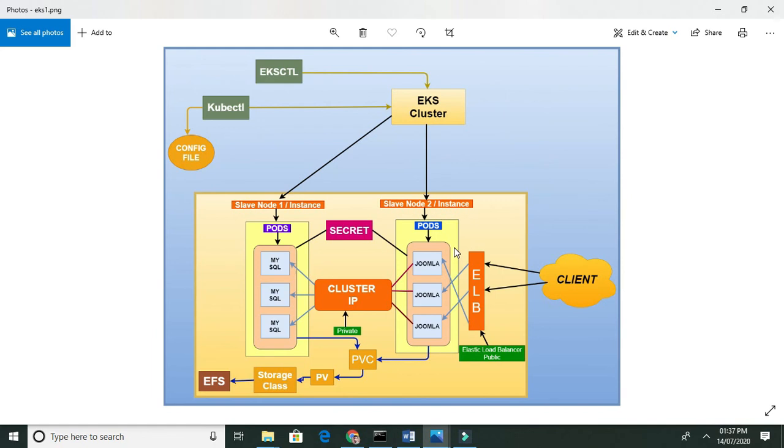We are using a Deployment, and behind the scenes the Deployment uses a ReplicaSet. The ReplicaSet takes care of pod management.